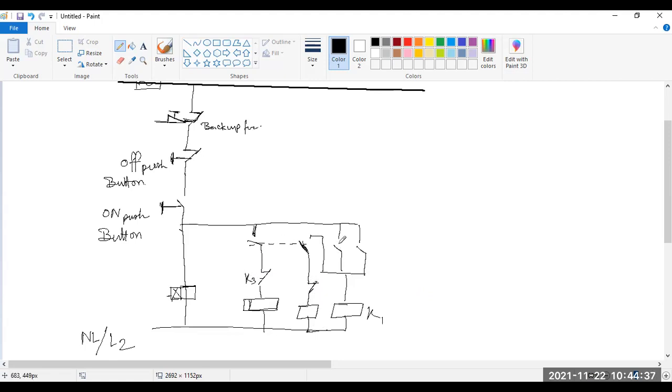Here also K1 is there. K1. This is K2. Here is K3. This is for your delta connection.